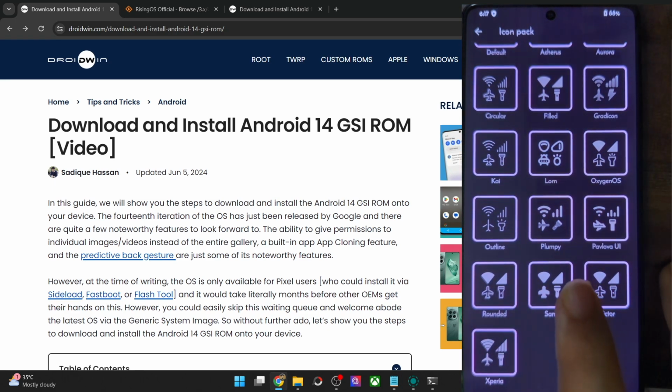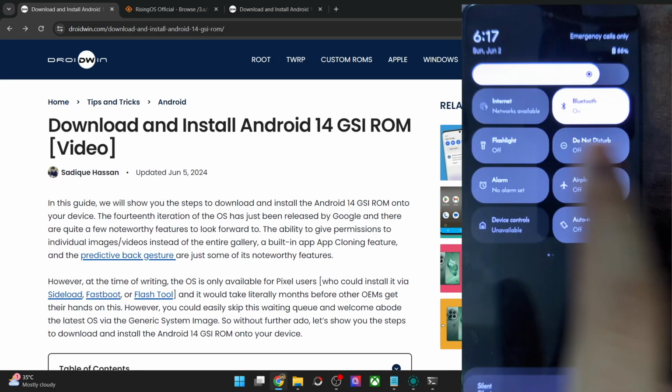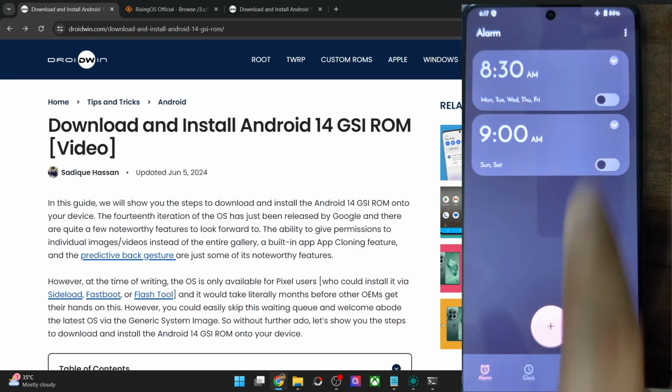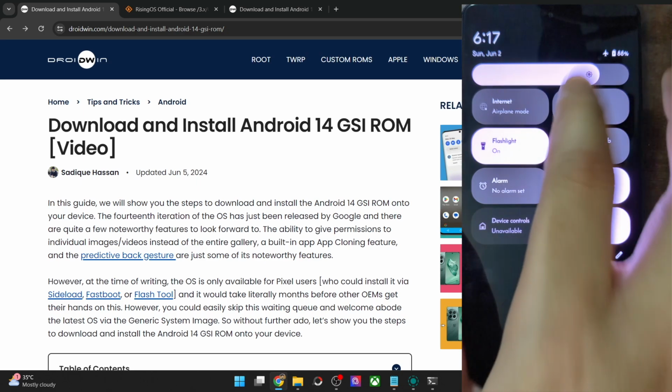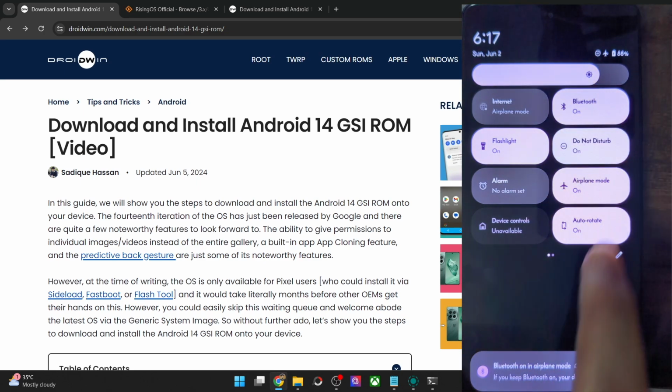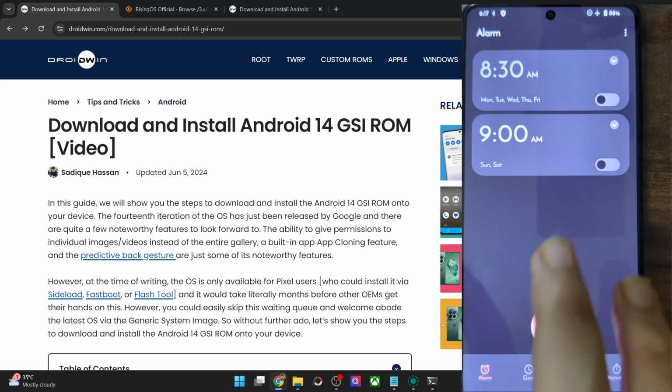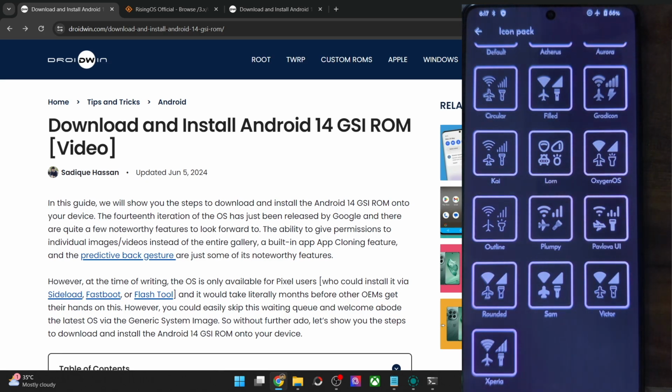Again, there are quite a lot of icon packs to choose from in the status bar. So let me enable a few options. Okay, not the alarm. Let's go with the auto rotate, Bluetooth and DND. And let me now show you the result. Just keep a track on the status bar, and the icons will now change. As you could see, it's currently being changed.